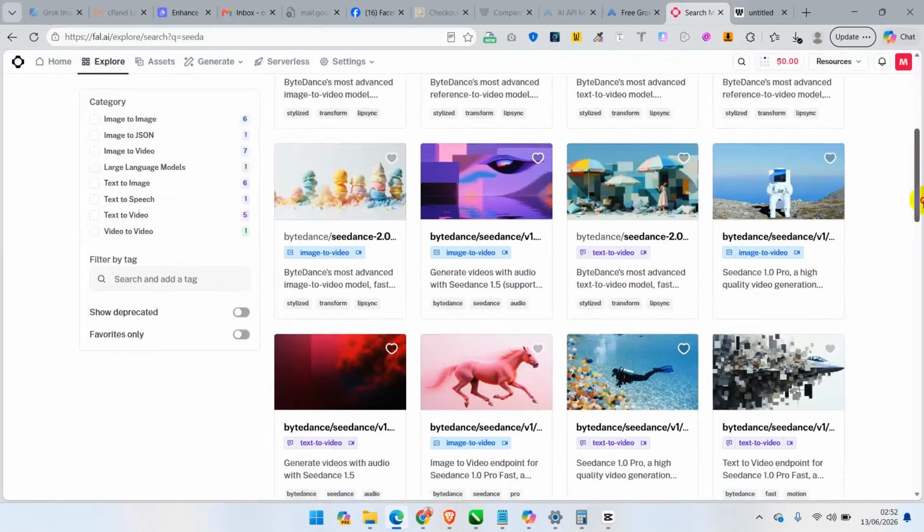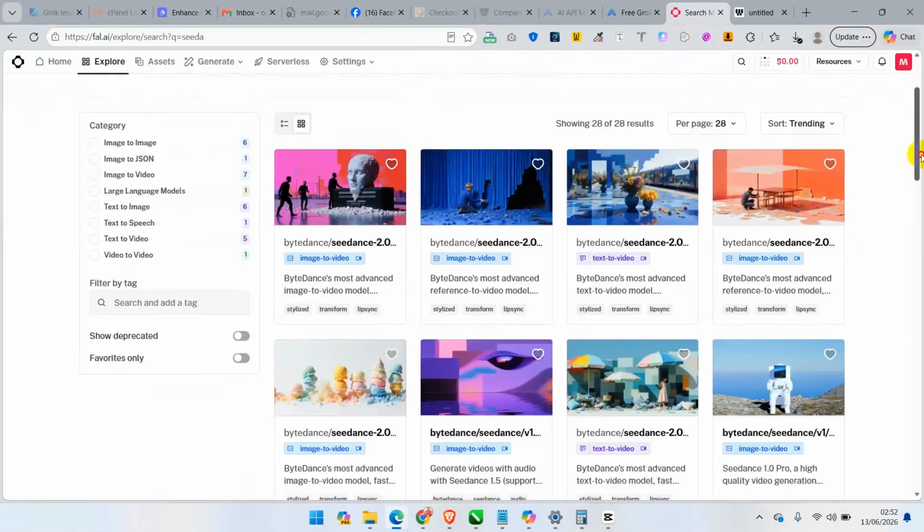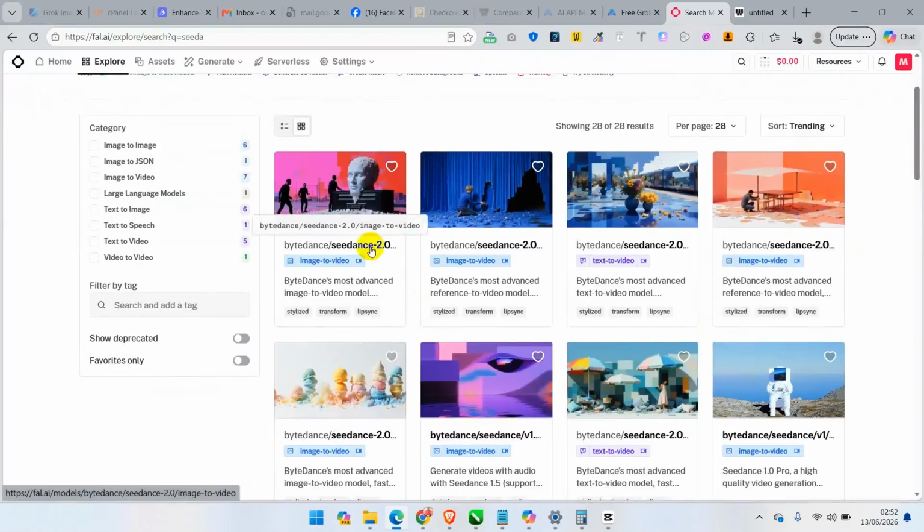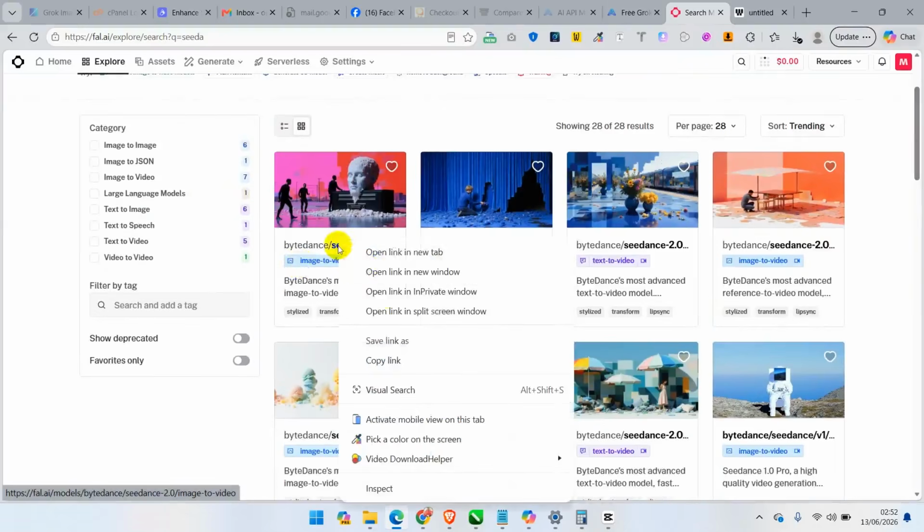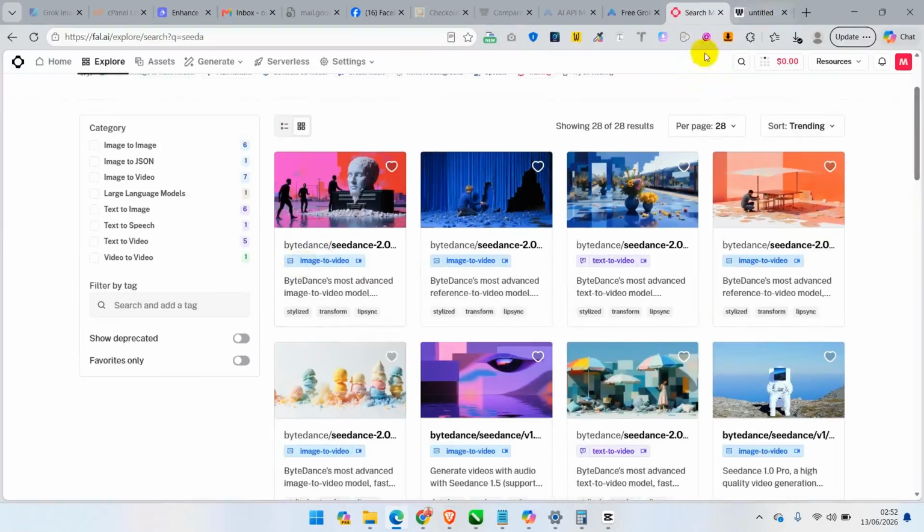Now you can see we have version 1, but we're going to be using the latest version, which is version 2, image to video. That's the one. So I'm going to copy the link of this, then I'll go back to my